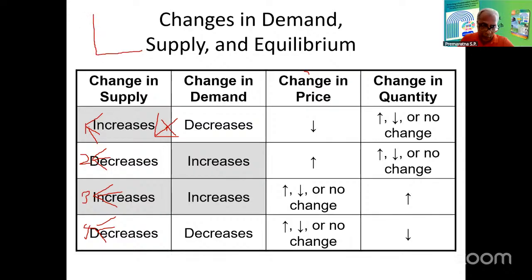So I will explain, for example, the case of change in supply, which means supply increase. Let's say the original supply curve is like that. Here the scenario is supply increase. You know when supply increases, the supply curve shifts this way, S1. So that happened. Change in demand, decrease. The original demand is here, and when demand decreases, the demand curve shifts that way. Now when both happen together, supply increase and demand decrease,